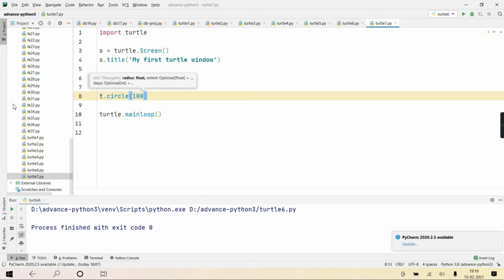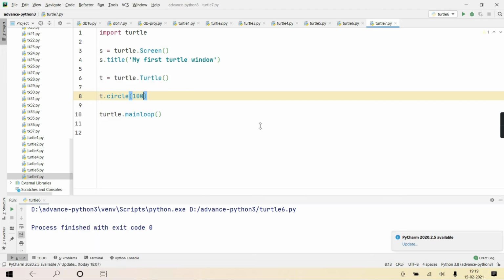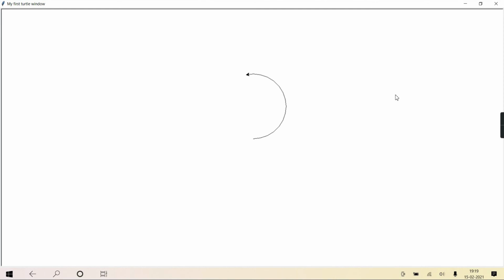And 100 I'm giving. Can you see? Okay, but after drawing one circle of 100 radius, the face is 0 degree, which direction?